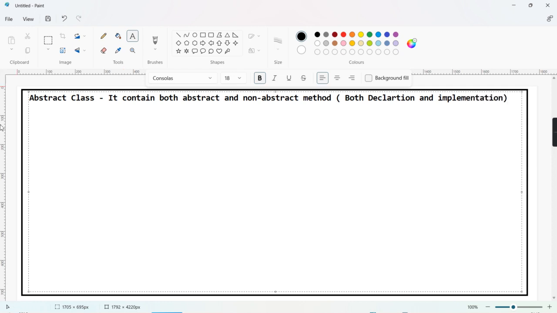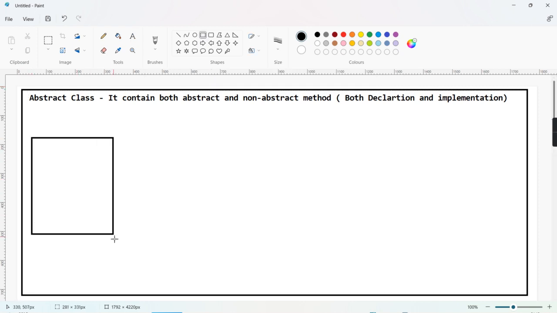So if we are saying abstract method, or you can say what is abstract and non-abstract. If we have their declaration and if we have their implementation, then we'll say it contains both the methods. Okay. For example,